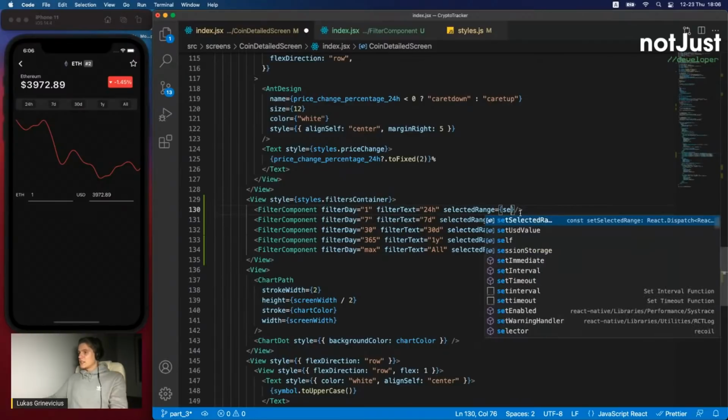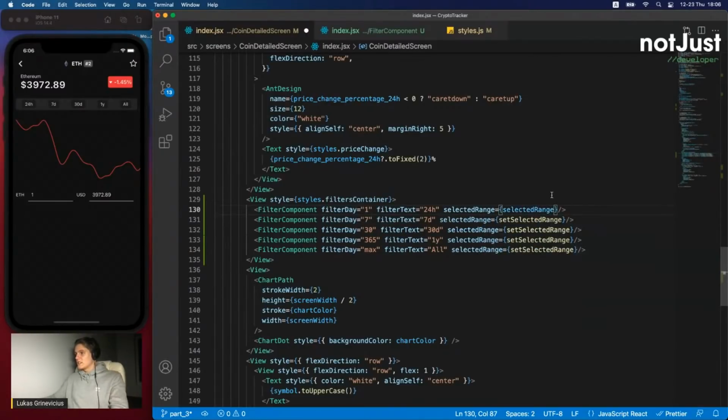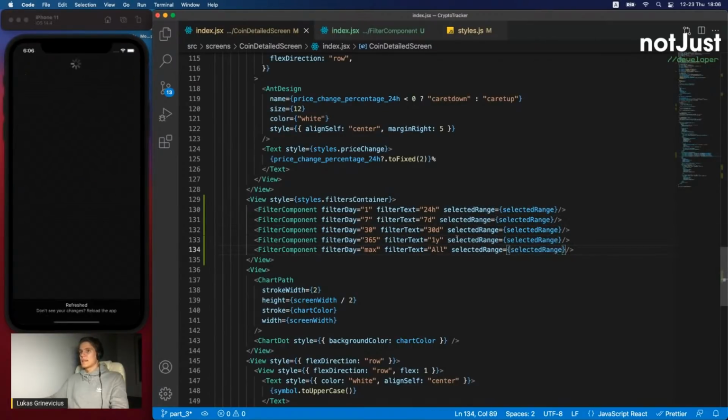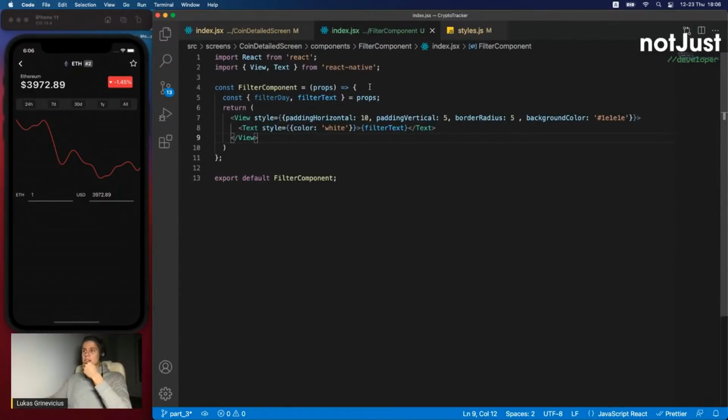Oh, I'm setting here. I need simply selected range, like this one. Let's save it. Okay. And let's go back to this component. And in this component, we need to make some checks. Because we will need to check in two places, for color of the text and for color of the